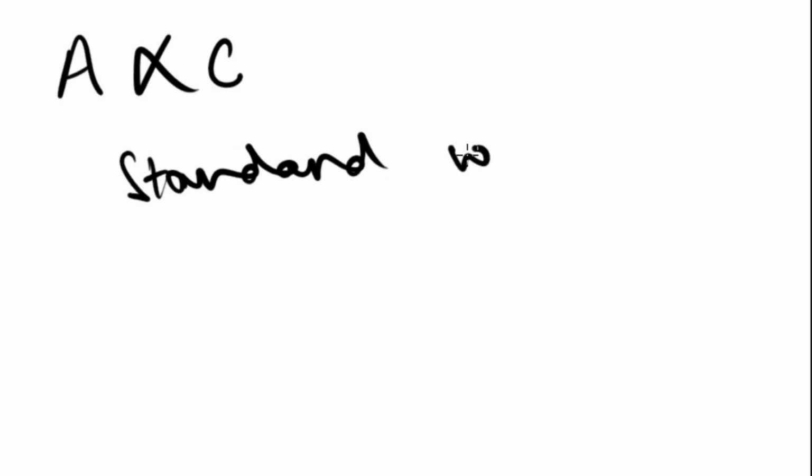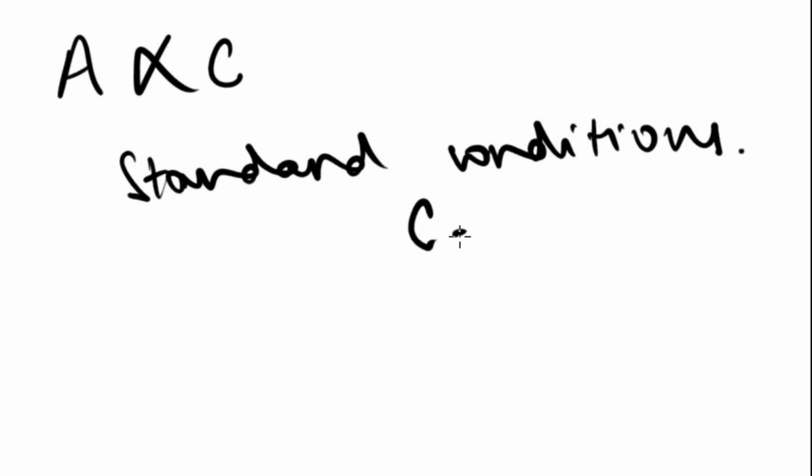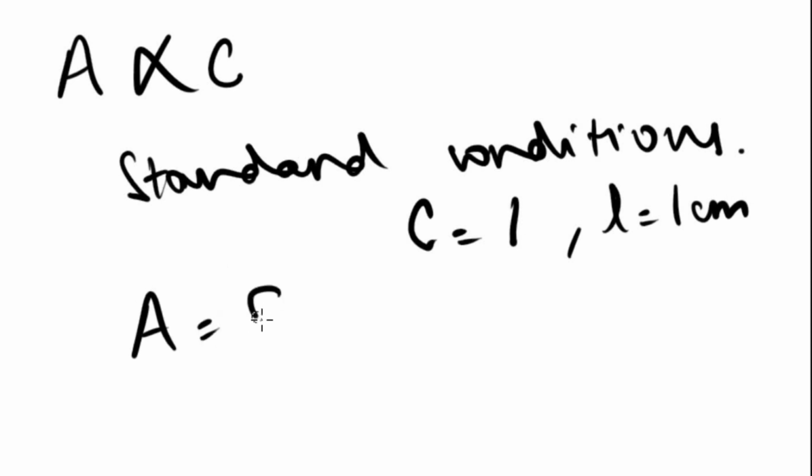Under standard conditions, the absorbance is directly proportional to the concentration. Why so? Because under standard conditions, the concentration is 1 mole per dm cube, and the length is also 1 centimeter. So that leaves us with epsilon and lambda. Now, absorbance is equal to epsilon lambda, which is how much is absorbed by the compound, which is directly proportional to the concentration. Keeping this in mind, you can draw a graph of